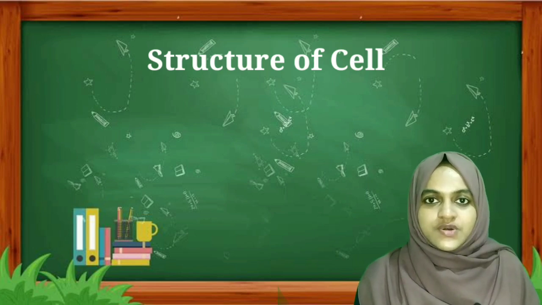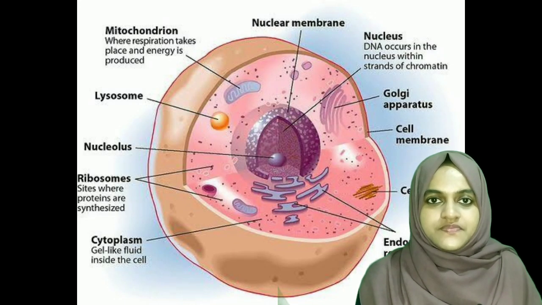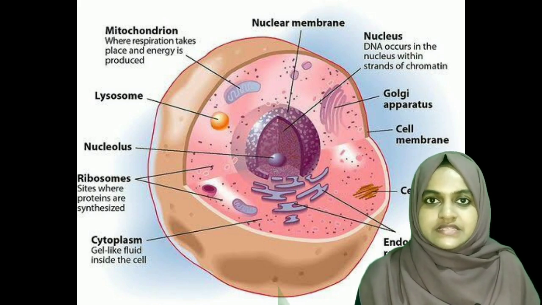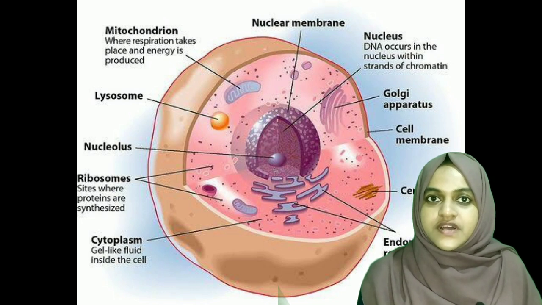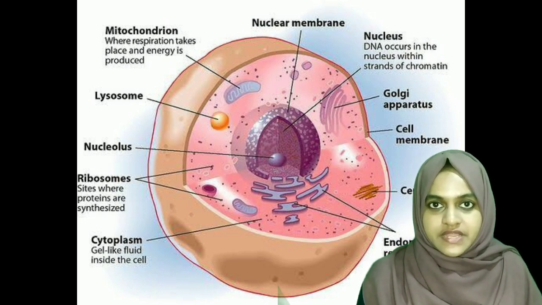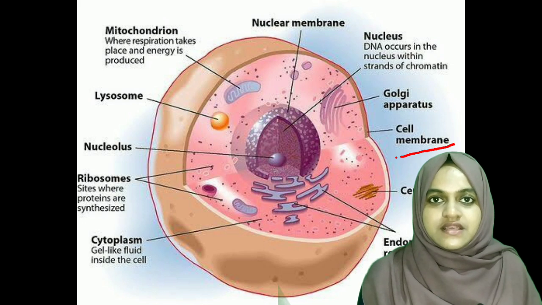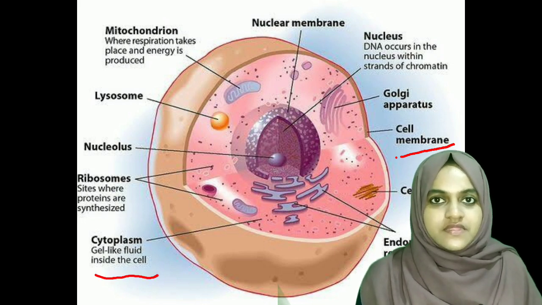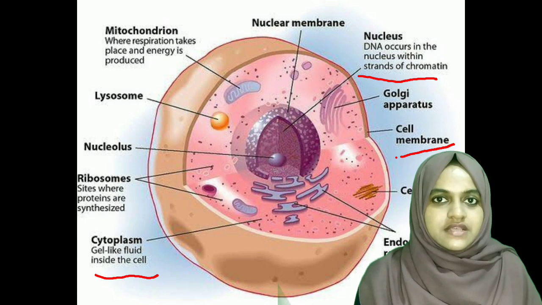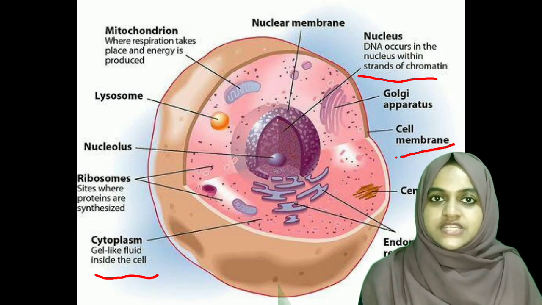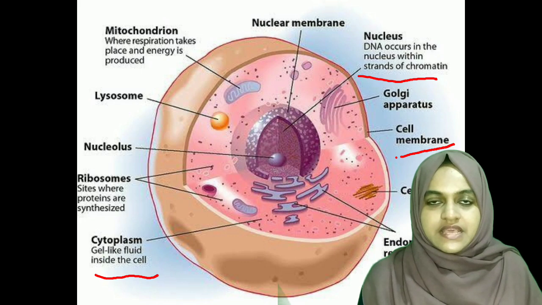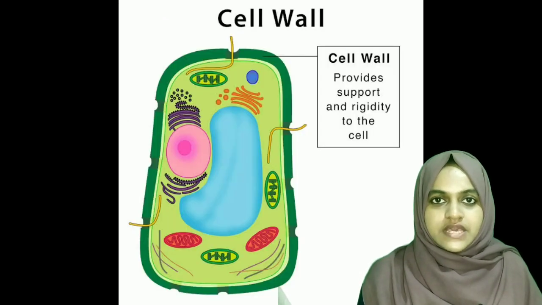Okay? So if we take the structure of a cell, we can find three important parts which will be present in most of the cells. And they are: first one, plasma membrane or cell membrane. Then second one is the cytoplasm. And third one, the nucleus. And in the case of plants, in addition to the plasma membrane or cell membrane, there will be a cell wall. Okay, so we will discuss about that too in today's class. Okay, so let's move to today's topics.